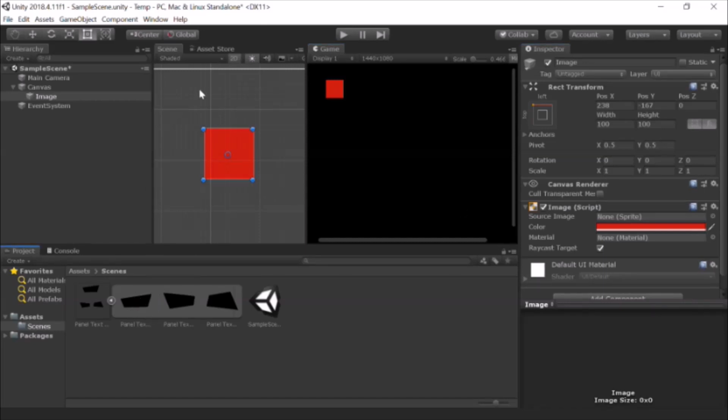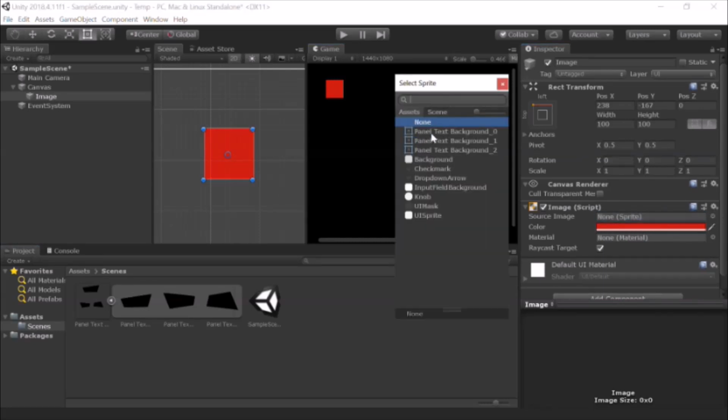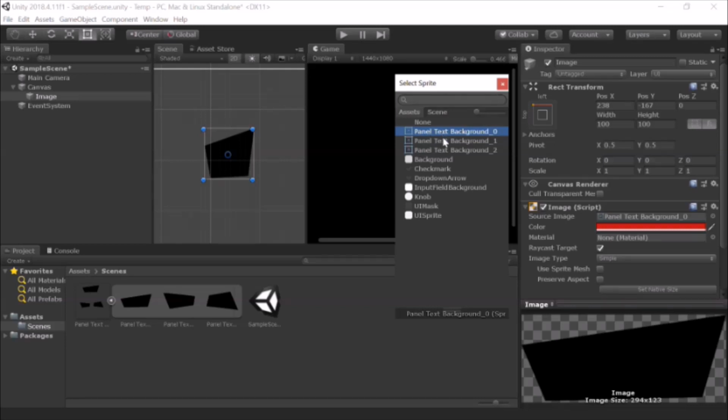The cool thing about this is that whenever you drag a photo to this photo frame, the photo frame will take the shape of this photo. You can directly drag an image to this source image, or just select it from here.